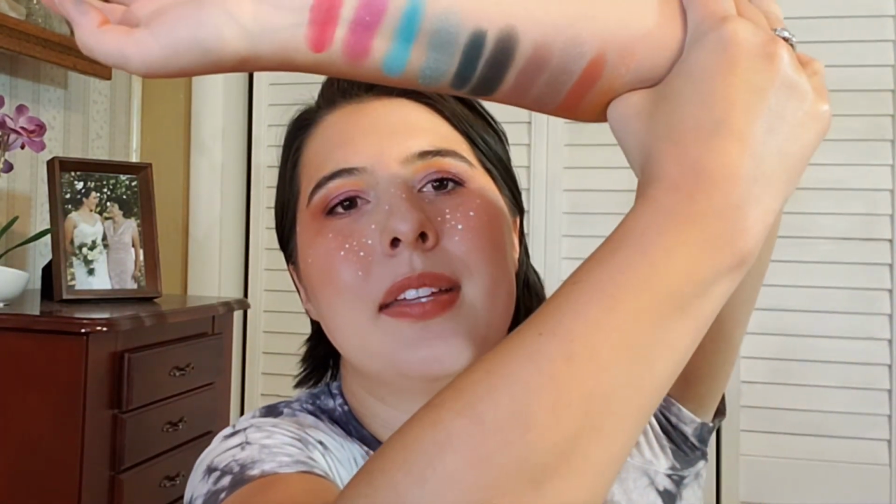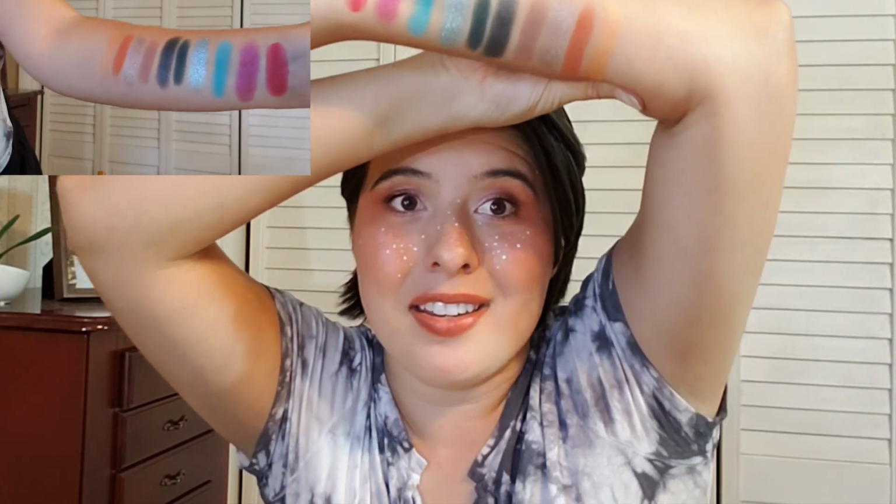Swatched. Why? I thought I could do this. What an absolute sham. I cannot swatch there because apparently my arm doesn't bend that way. So let's awkwardly show you the swatches. I feel like I'm being Superman and trying to fly. Ugh. That's a tragedy. Sorry that I swatched them in such a terrible position, but